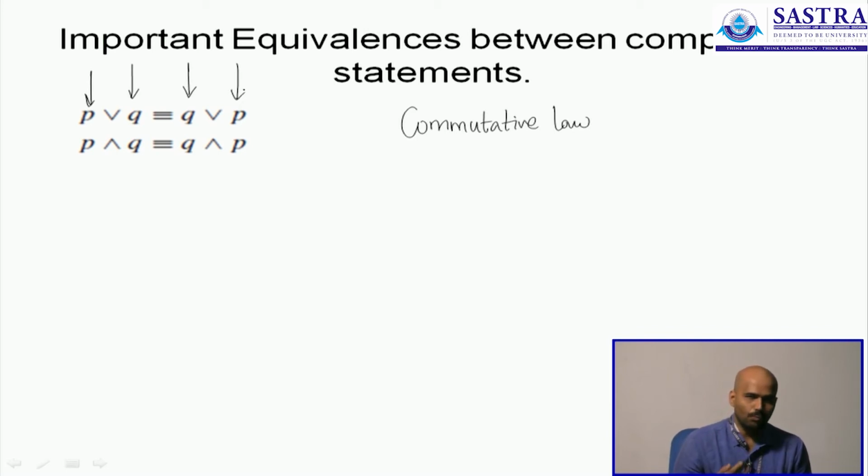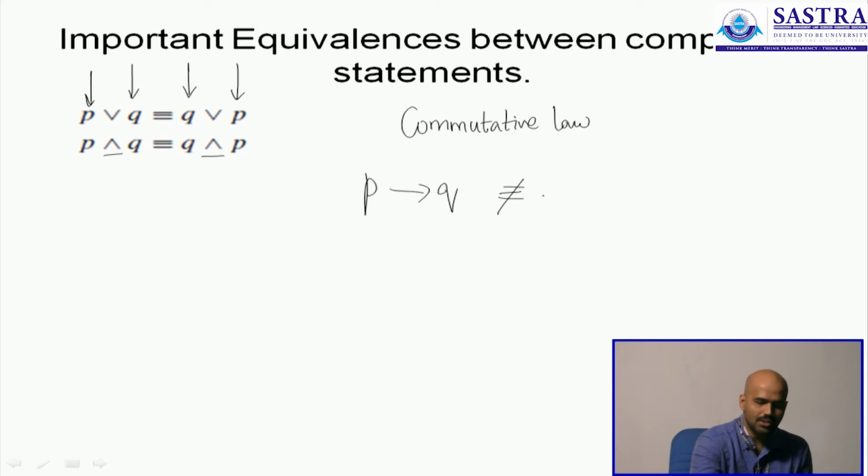That is why you call it a commutative law, and this is not only for disjunctions, it can also be extended to conjunctions. You perform a conjunction between two statements in whatever order, the end sequence will be the same. But this works only for disjunctions and conjunctions. We have already seen that it does not work for a conditional statement. You will never see this happening. A conditional, you cannot just flip it, you cannot just reverse the order in which you perform and say that they are equivalent. They are not equivalent. We have already seen the examples of this in the previous class.